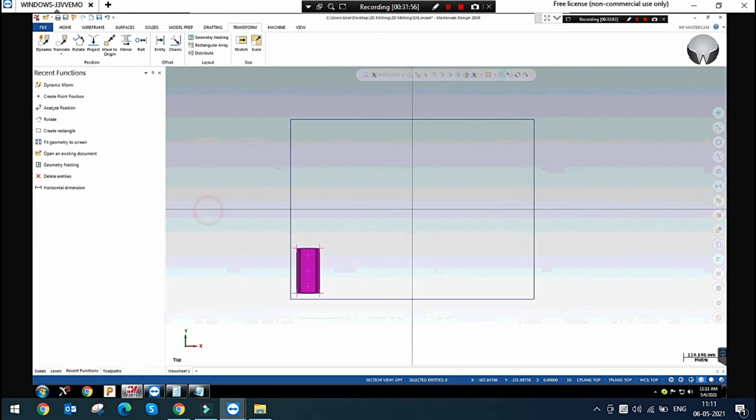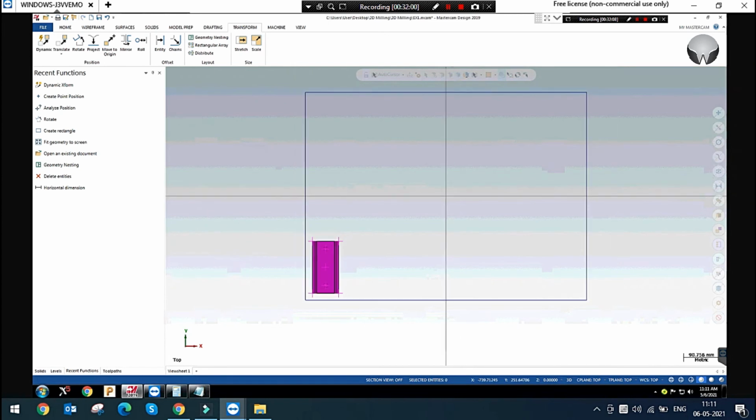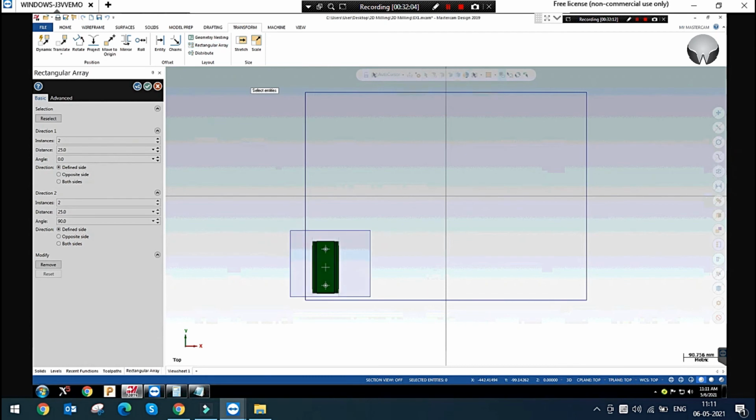It has been moved correctly, brother, with the 20 mm offset. Now I am using the rectangular array option. How many distances? 75 and giving plus 20 mm. You can simply see this. How many instances?